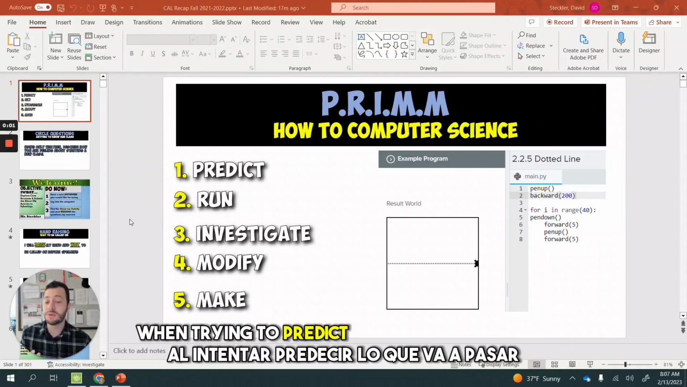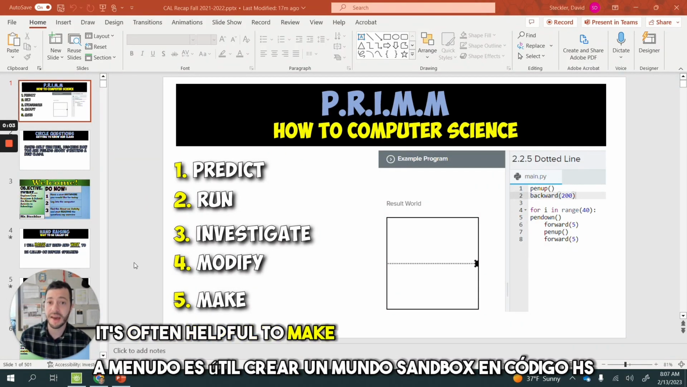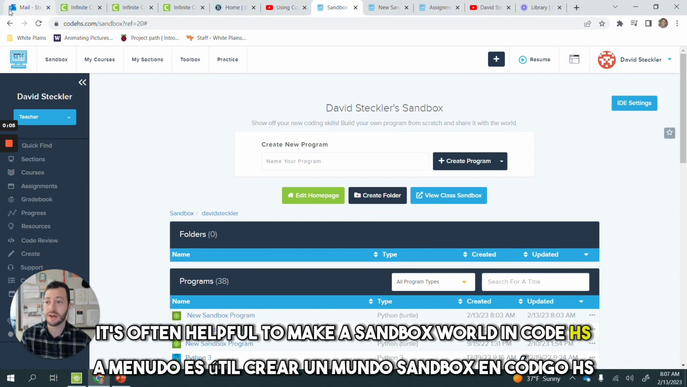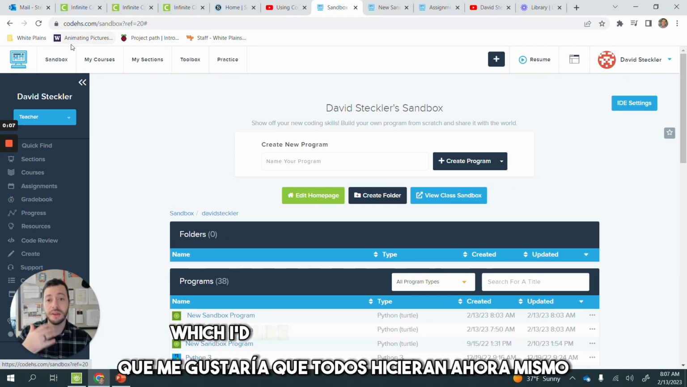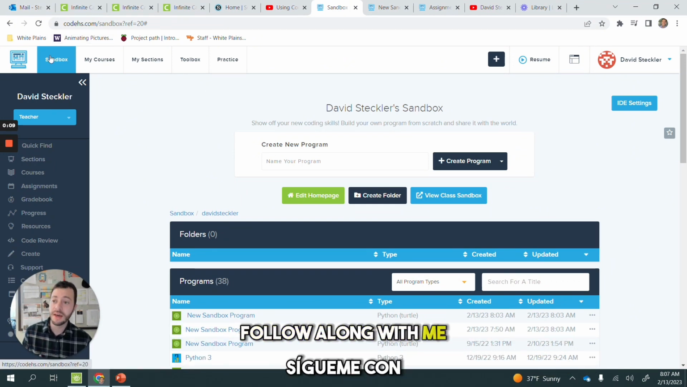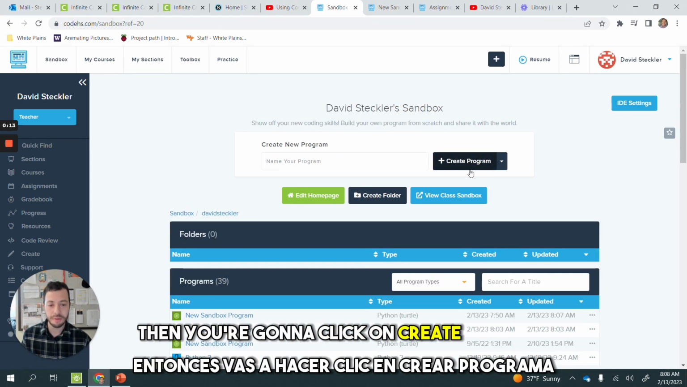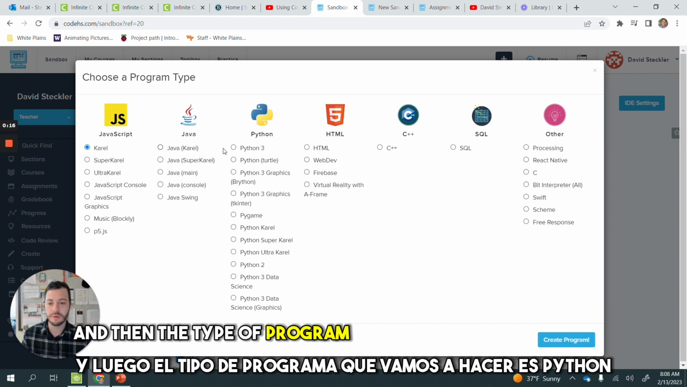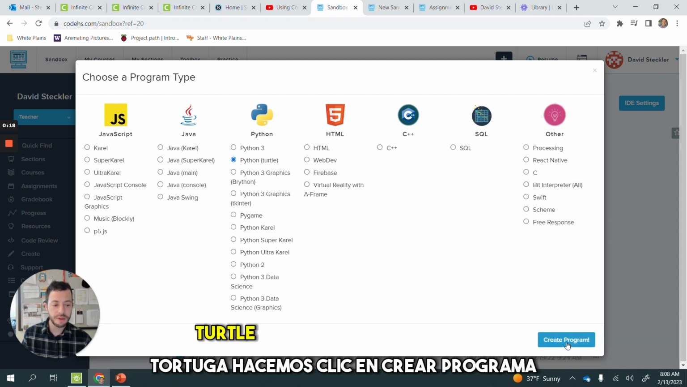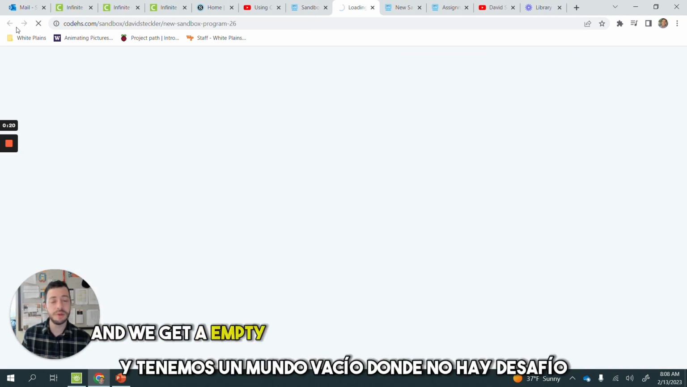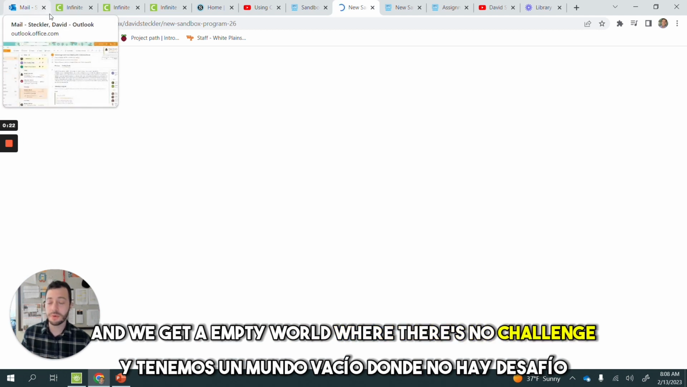When trying to predict what's going to happen, it's often helpful to make a sandbox world in CodeHS. To make a sandbox world, which I'd like you all to do right now, follow along with me: go to the top left and click on Sandbox. Then you're going to click on Create Program, and then the type of program we're going to make is Python Turtle. We click Create Program, and we get an empty world where there's no challenge,